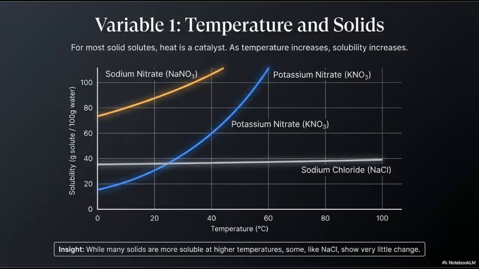At 40 degrees. If I tell you it's 80 at 40, the saturation point is 60. So if it is 80, it's supersaturated. So all you have to do is read the graph